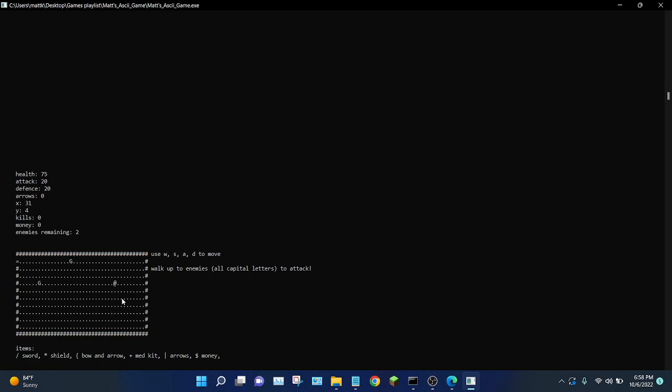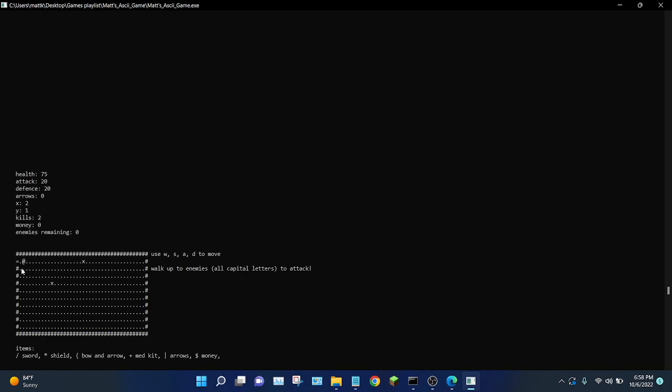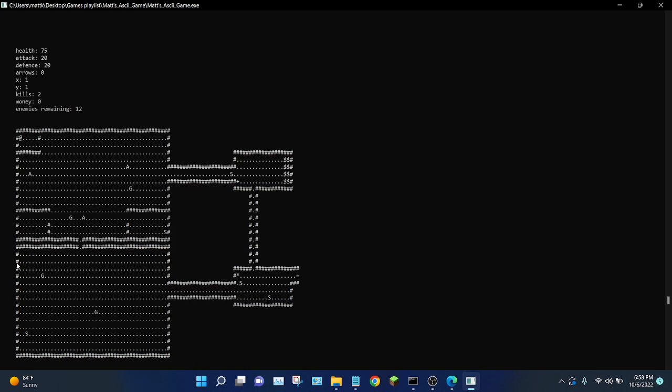Don't mind that flickering. Different enemies appear as different letters. So the G stands for guard, S stands for soldier. Archers appear in level 2, I believe. You go from level to level by reaching the equal sign, and the next level loads. And I always was a fan of ASCII games, and I was really excited to get to play my first one. These zeros are things that the archers are shooting at you, otherwise known as arrows. I don't know why I call them things.